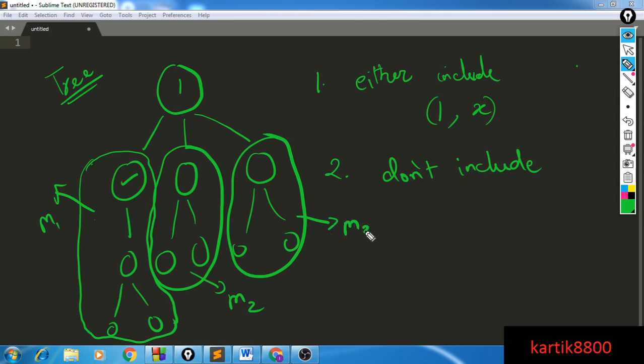So what you can clearly see is that if you do not include node number 1, then your problem reduces down into 3 similar sub-problems, and your answer in this case is simply going to be the solution to this plus the solution to this plus the solution to this. So if I don't include any edge that has node number 1 as its endpoint, my problem nicely breaks down, right? That is cool. But what if I do include one of the edges? Okay, let's see then what happens.